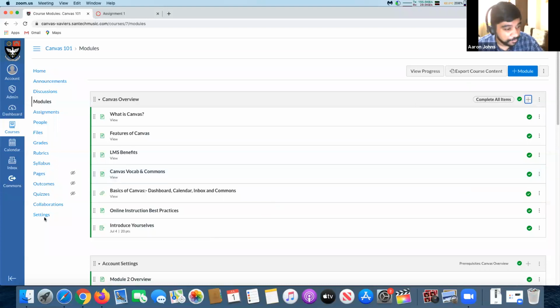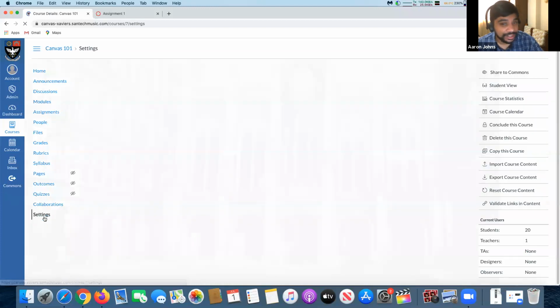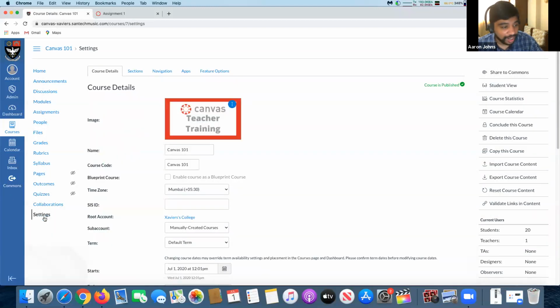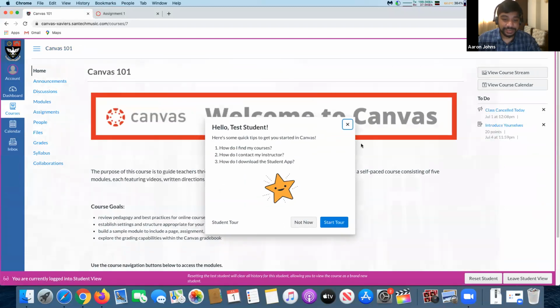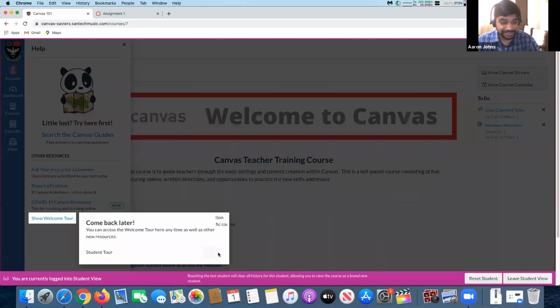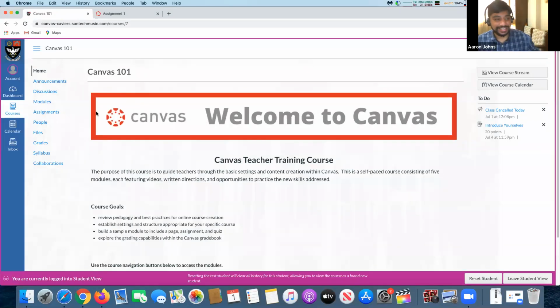Now, from a student point of view, if you don't know how the course would look from the point of view of a student, you go to the settings tab on the left and hit student view on the right. So now you're actually viewing this as a student, as you can see.